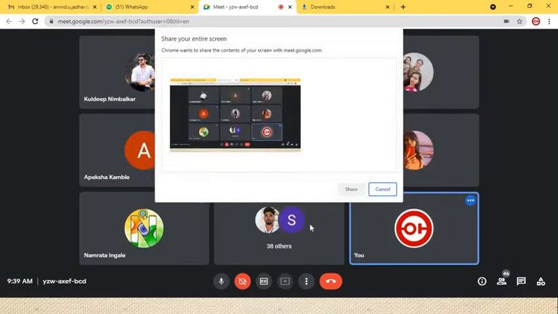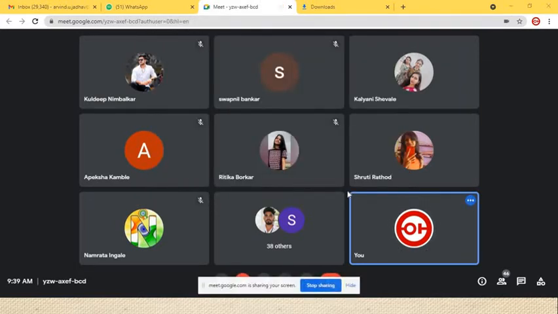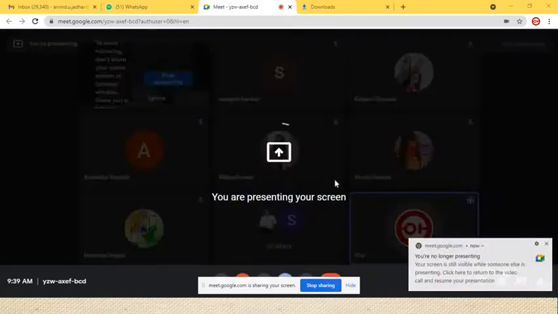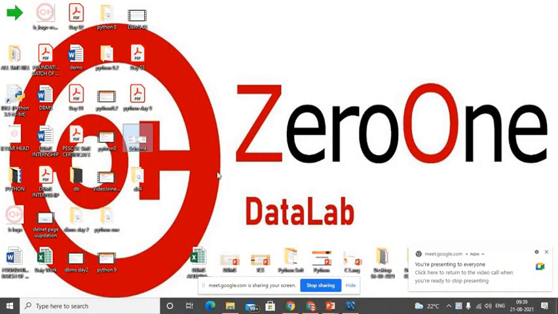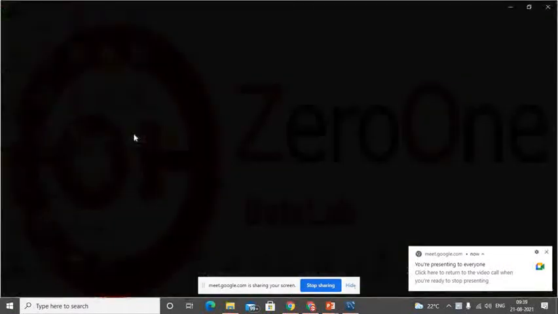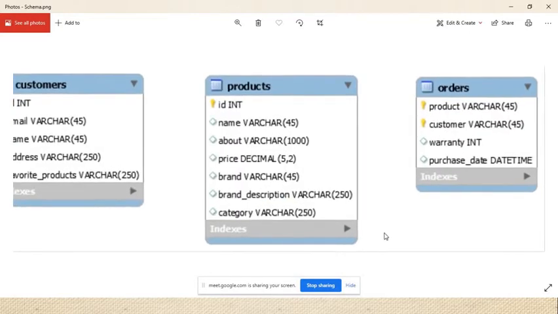Now see, we'll discuss about the attributes. I have a diagram of an e-commerce design. Is it visible on my screen? Carefully look at the screen. Is it visible to all? Yes, sir. These are the three tables I designed for the e-commerce website. Just carefully read it and tell me something about that diagram.